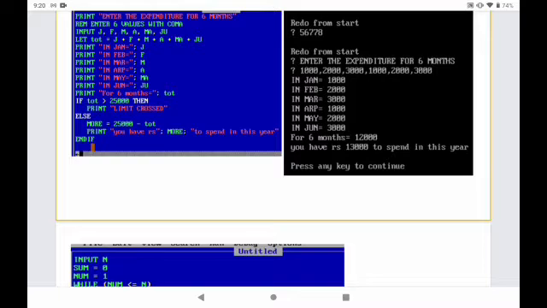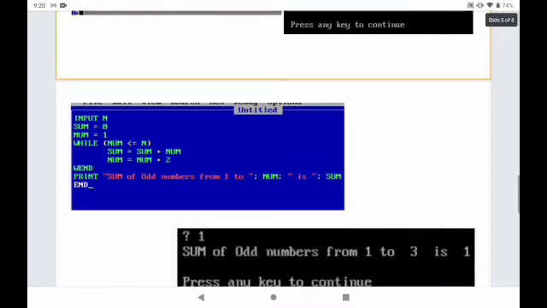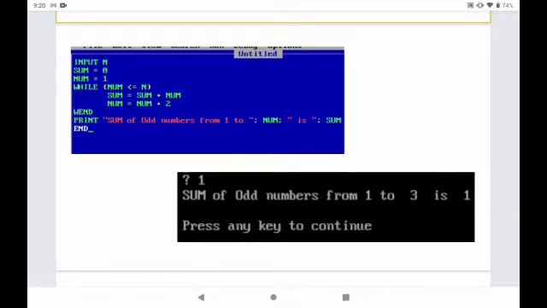Already you have tried once to attempt this question with a little bit of difference. I think you have got the proper idea about this program. So the next program, number 4. And the question is, write a program to find the sum of odd numbers from 1 to n. Any given number, any number can be there. It is not limited to any particular number. It's 1 to n, whatever you can give.